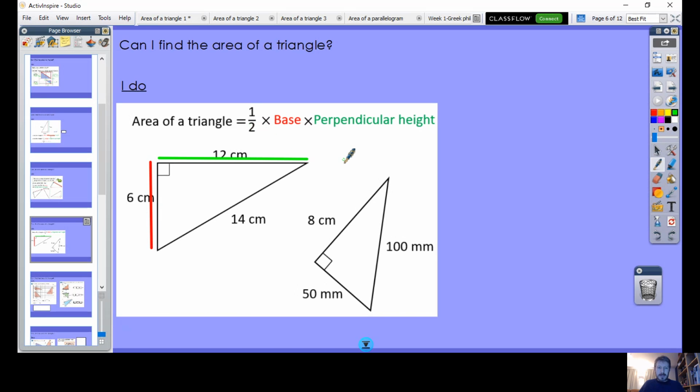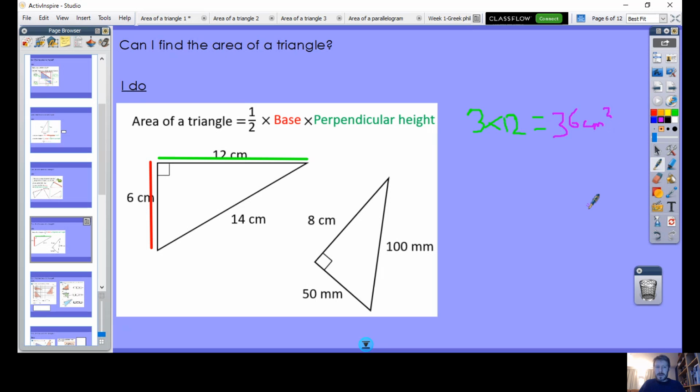So we're going to do half times the base. So we're going to do half of 6, which is 3. So half of 6 equals 3. So half times the base, we get 3, and then multiplied by 12. So half times 6, which is 3, multiplied by the perpendicular height, which is 12. 3 times 12 is 36. So the area is 36